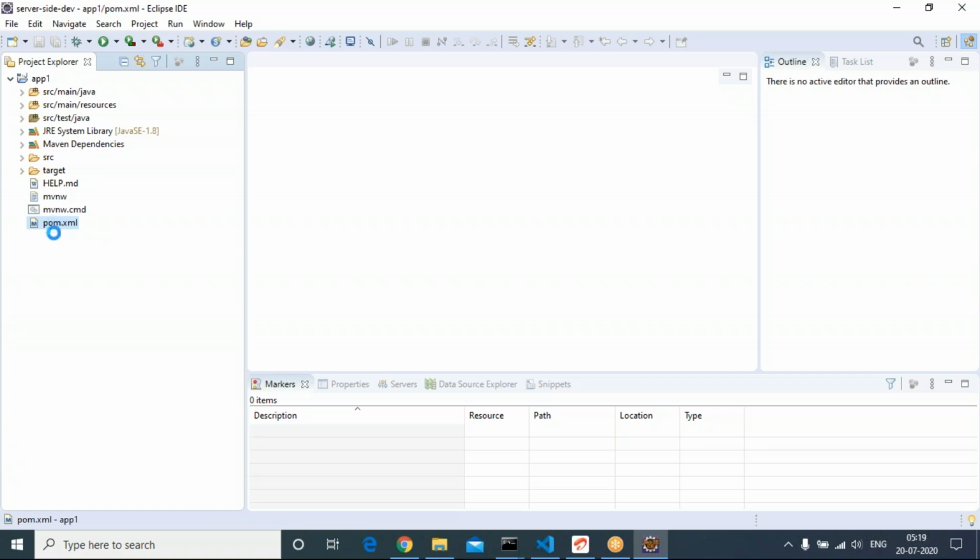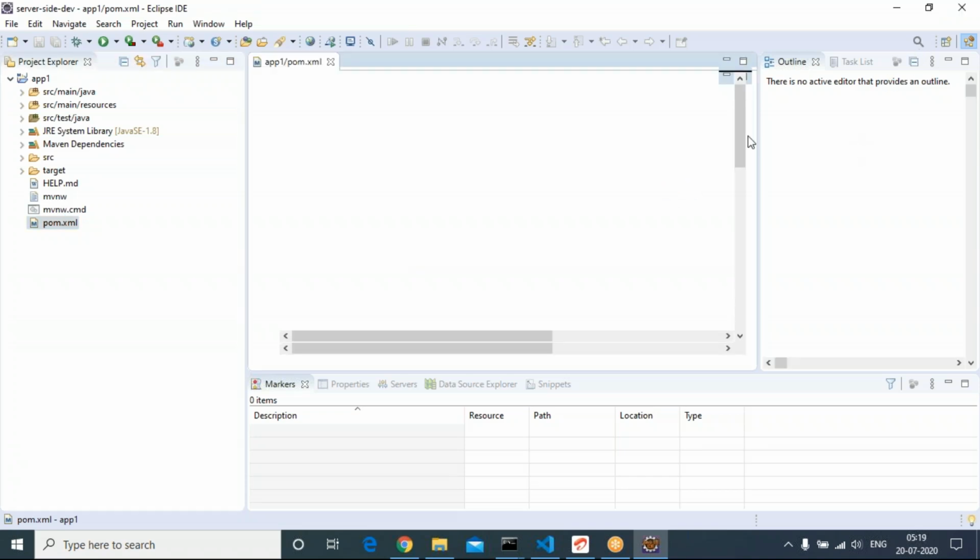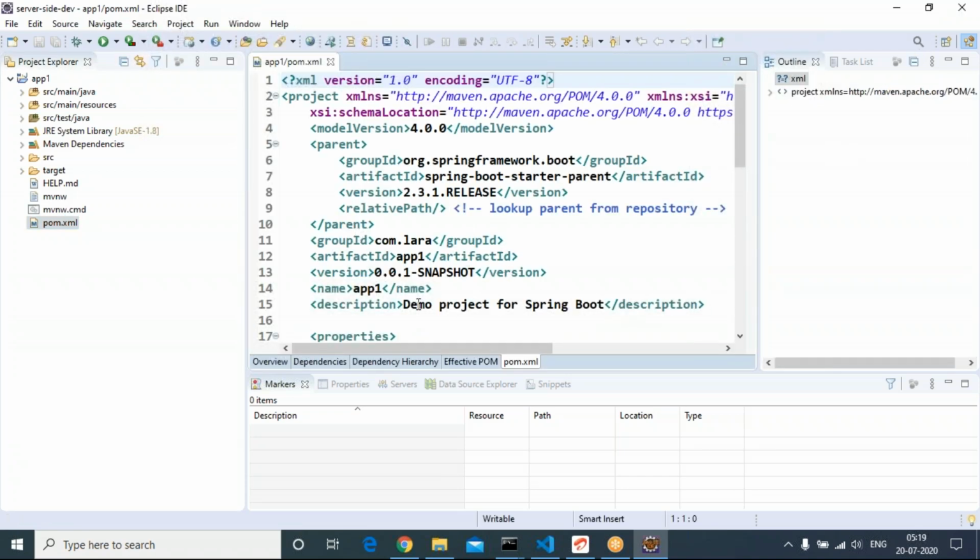It contains the list of dependencies and even the Spring Boot version. Which version of Spring Boot? So click on the rightmost pom.xml. You can see the tab pom.xml. Please observe the mouse movement.